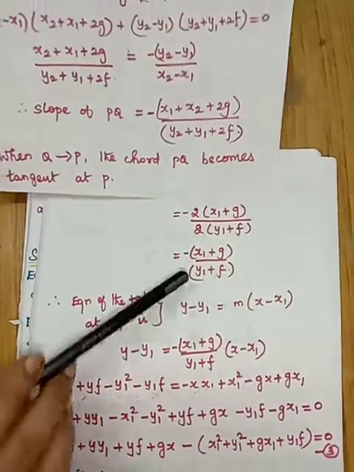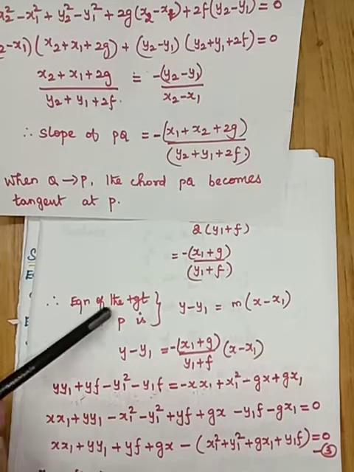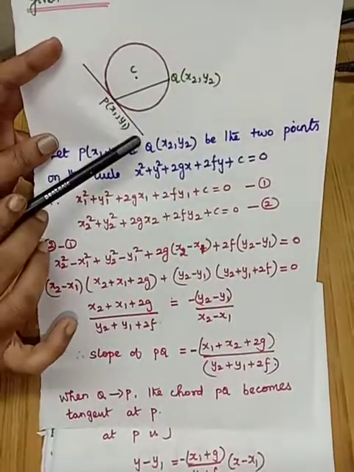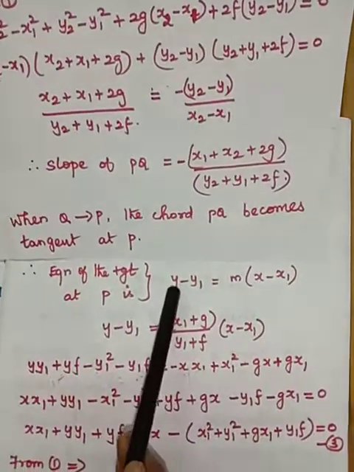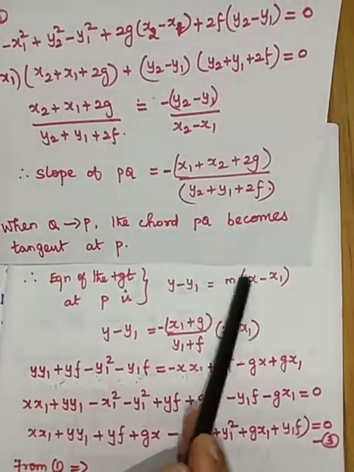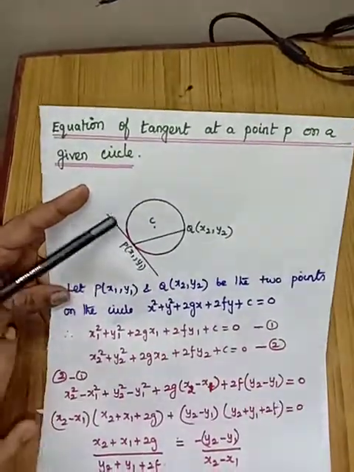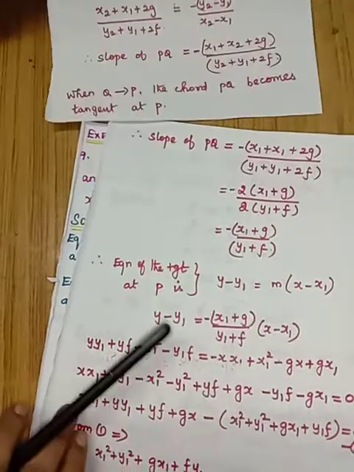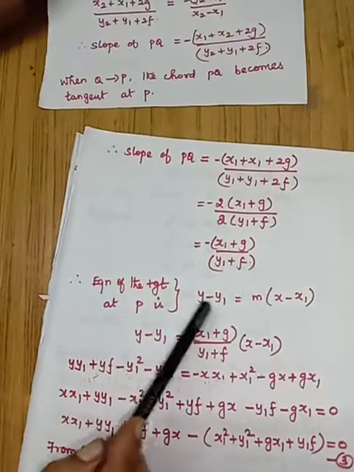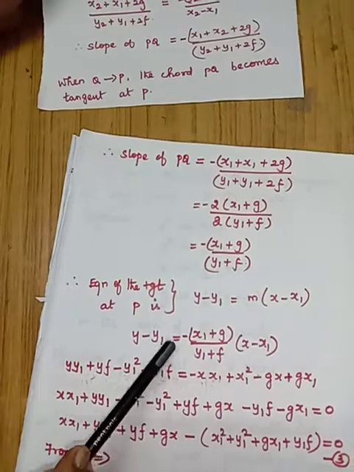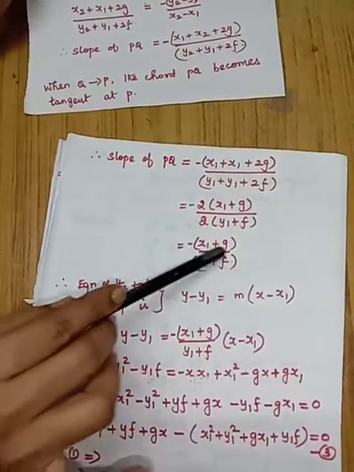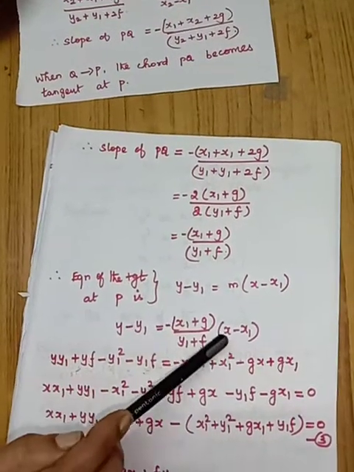Okay, so the slope of PQ, and we are going to find the equation of the tangent at P. That is nothing but y minus y1 equal to m into x minus x1, because the tangent is a straight line. So we can use the formula y minus y1 equal to m into x minus x1. So y minus y1 I have written here, which is equal to, what is m? The slope of PQ when it is a tangent. So this slope you have to substitute into x minus x1.